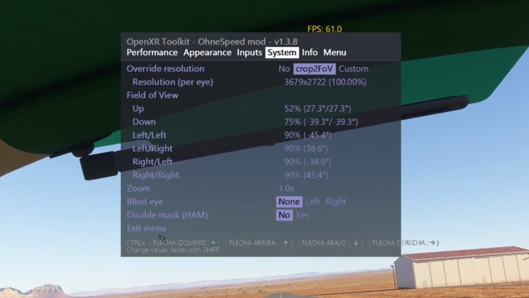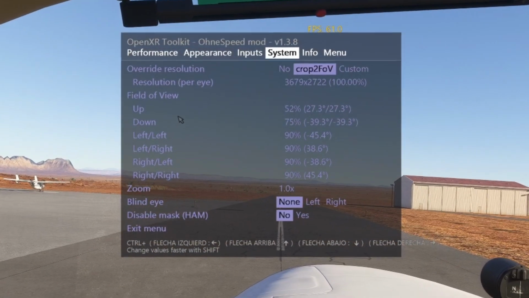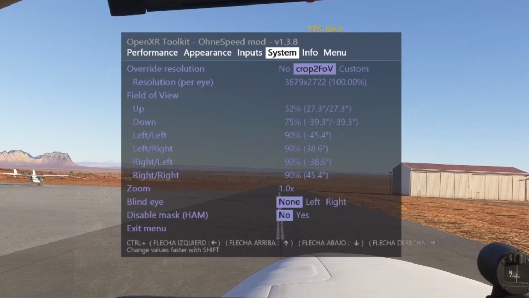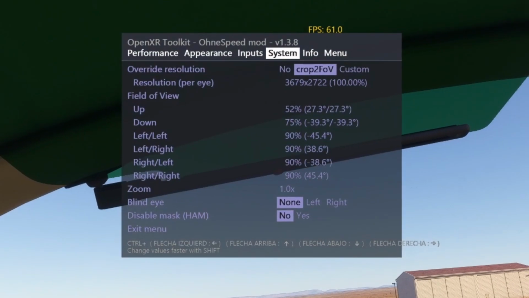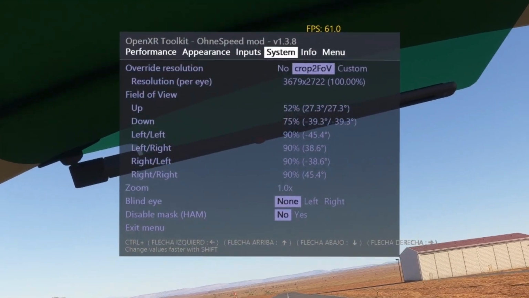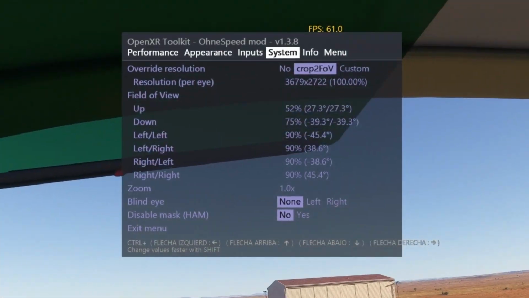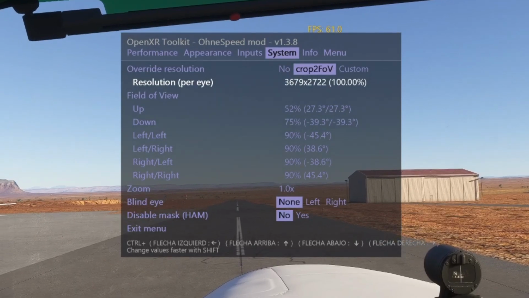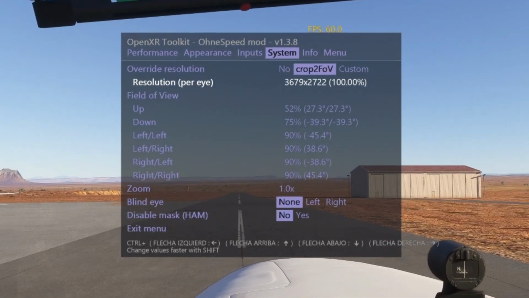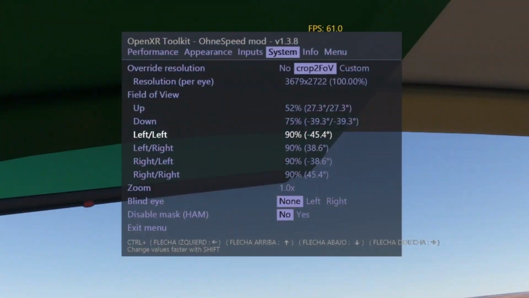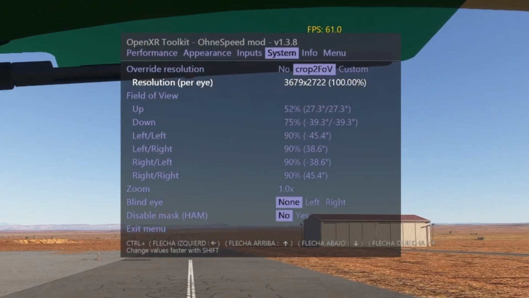Hello, guys. Welcome back. I want to talk about frame rates and refresh rates. Here I'm using the OpenXR toolkit. As you can see, I'm cropping my image, my 100% image, so it's native, this way, and I'm getting this resolution